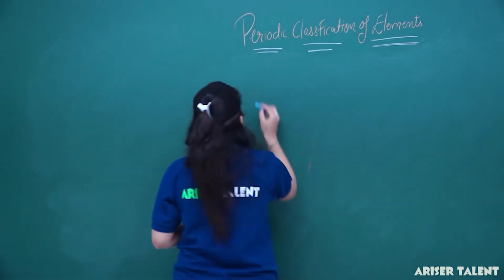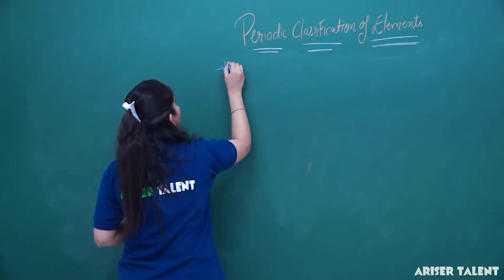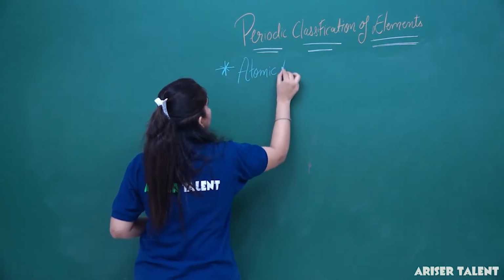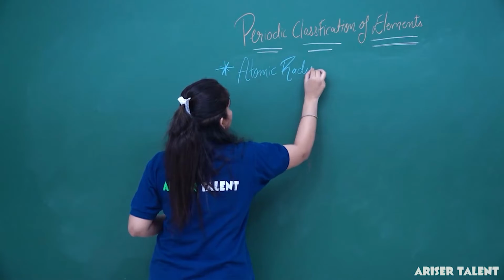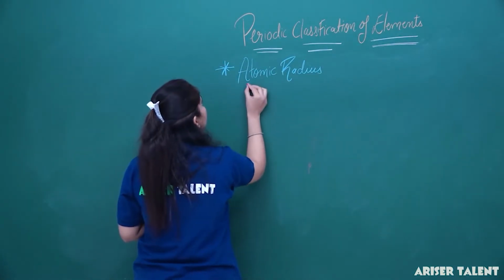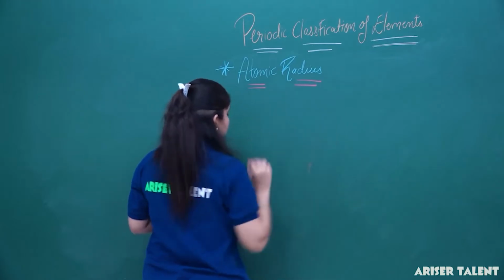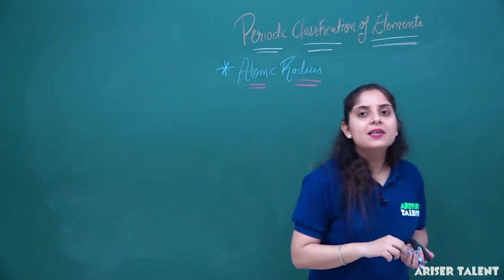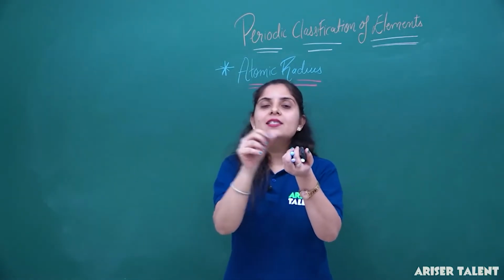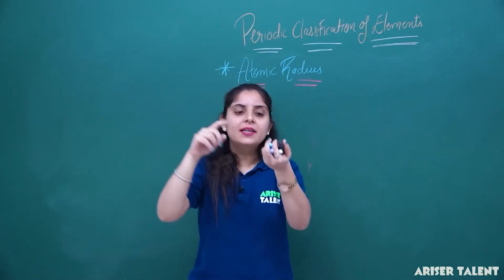Now let us start the topic, that is about atomic radius. Now, what is atomic radius? Atomic radius is actually the distance between the nucleus and the last electron that is present in the outermost shell